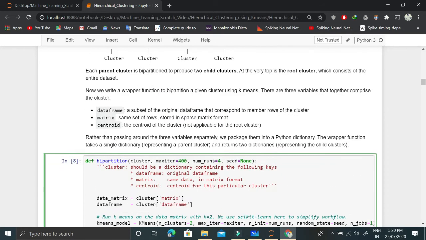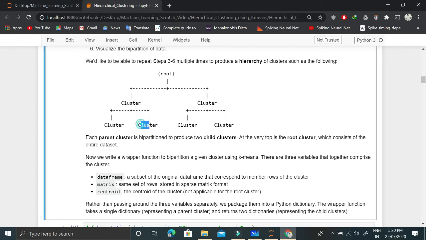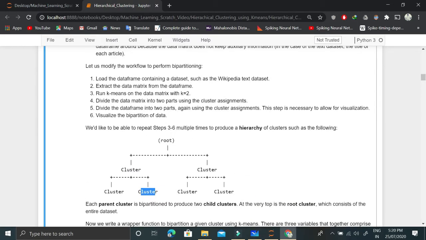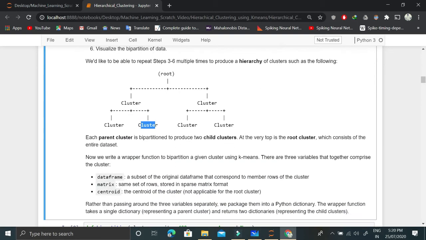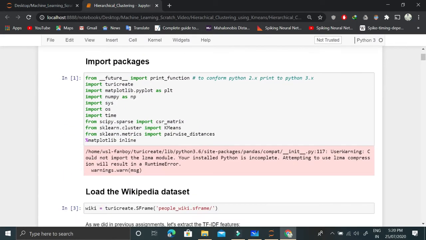Once we give this left child as an input, we get the left child and right child for this left child cluster. So consider initially this was the root, all of the data was given to this function, and we achieve this left cluster and this right cluster. Once this left cluster is given as a root, we will achieve the next left cluster and right cluster. I think this part is clear. Once this part is clear, then all of the other details in this notebook are regarding the application. So it has nothing to do with the logic.